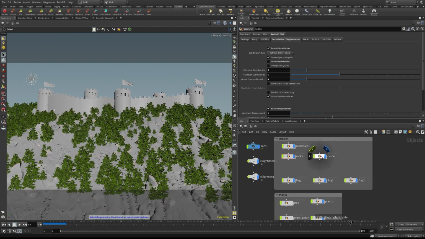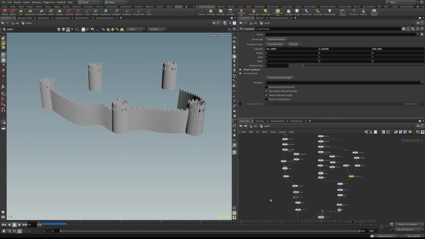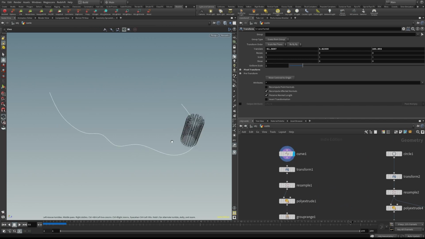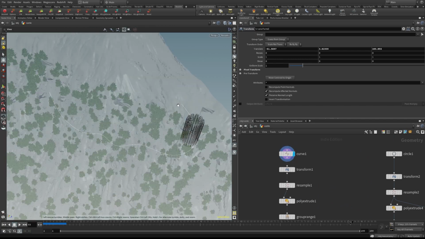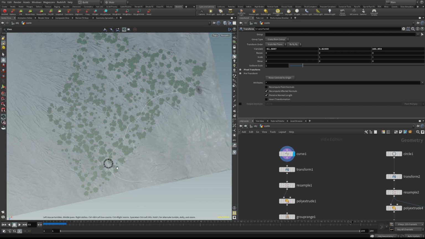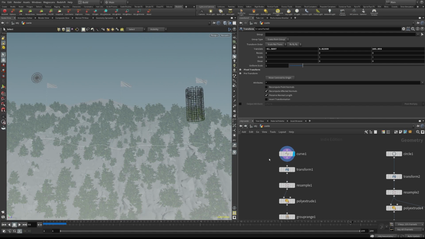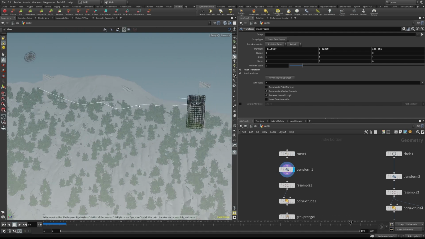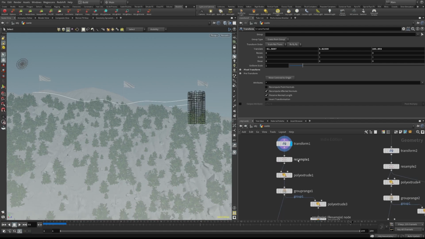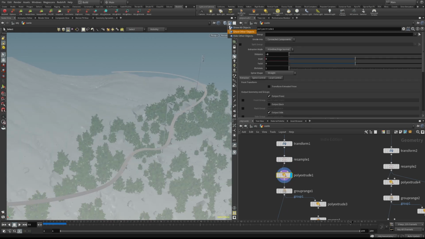Okay, and here's a little more complicated thing, the castle. So also quite simple. First I sketched the walls from the top where I wanted to have the walls. Then from the perspective of the camera, I moved it a little higher on the ground, resampled it and extruded it. This is very important: extrude